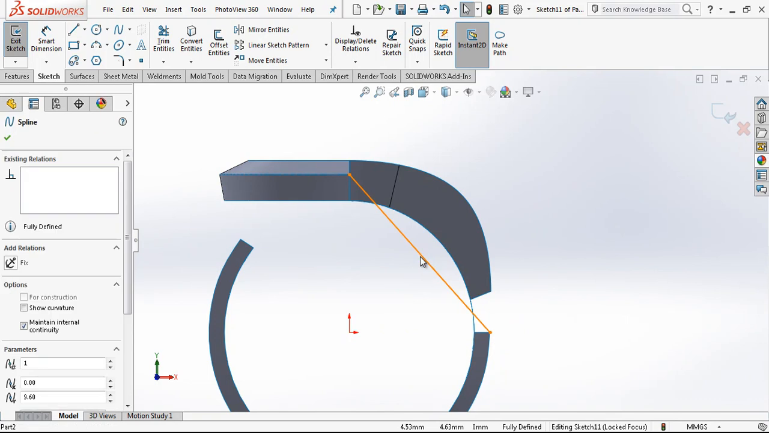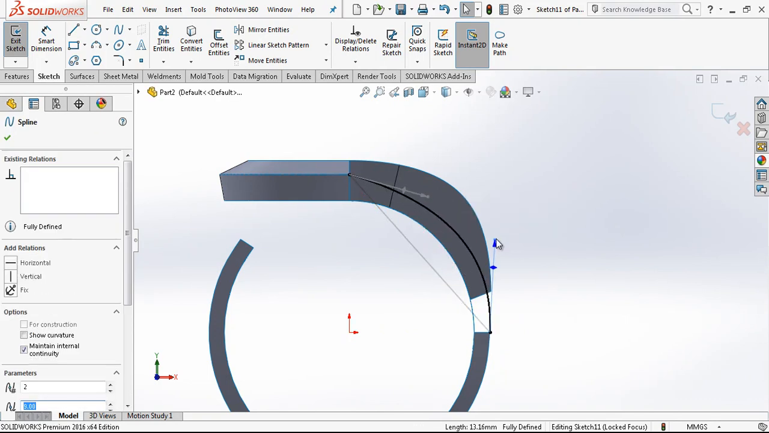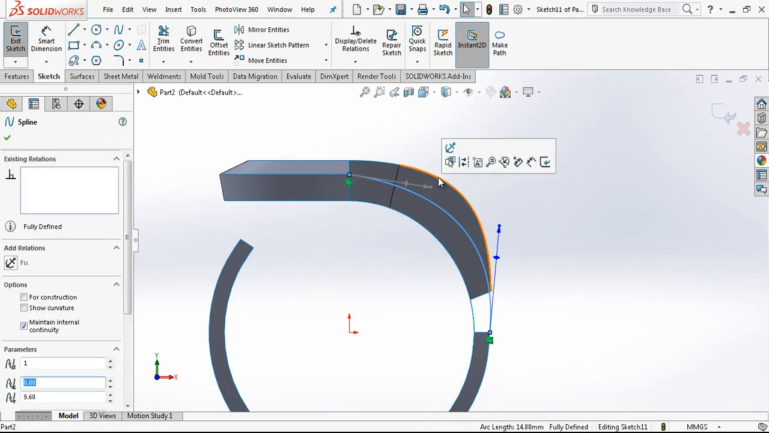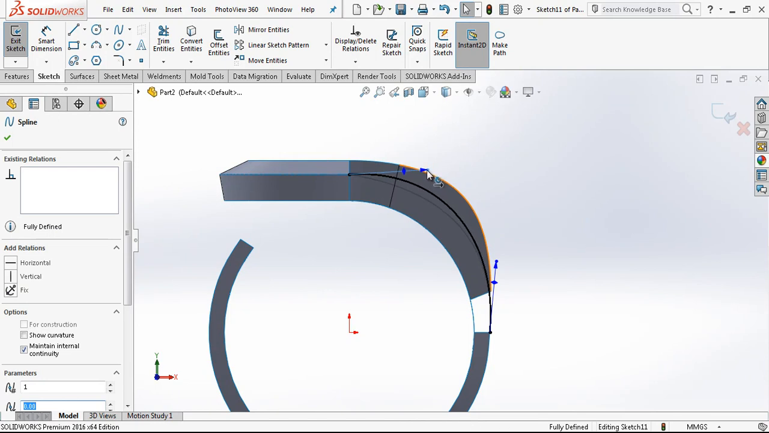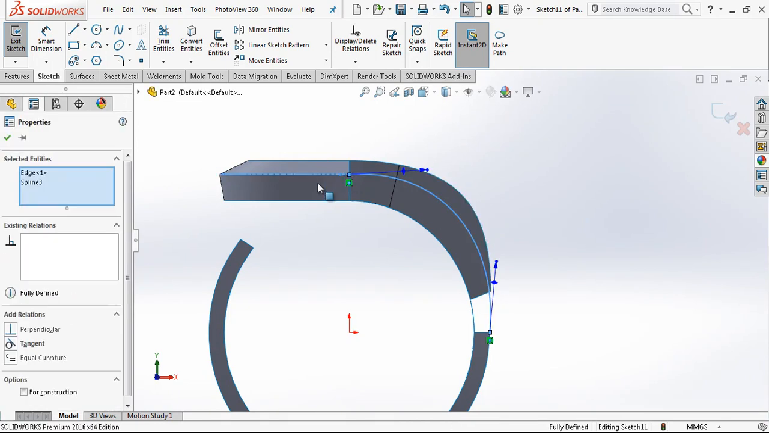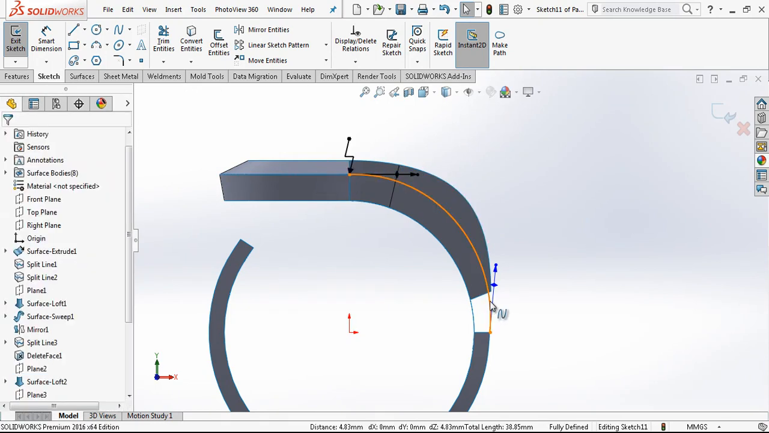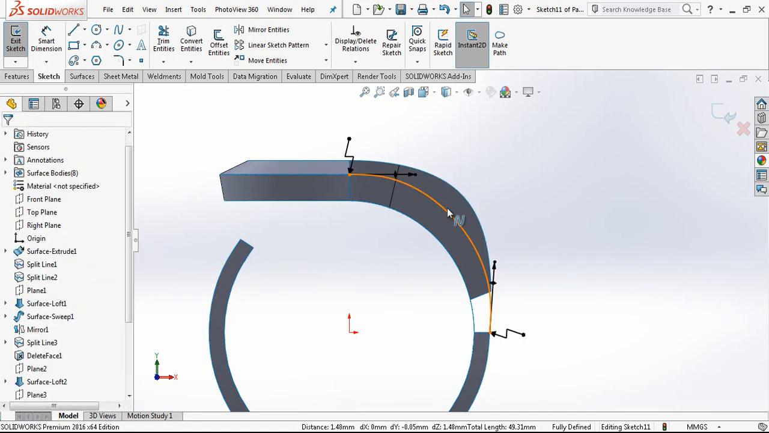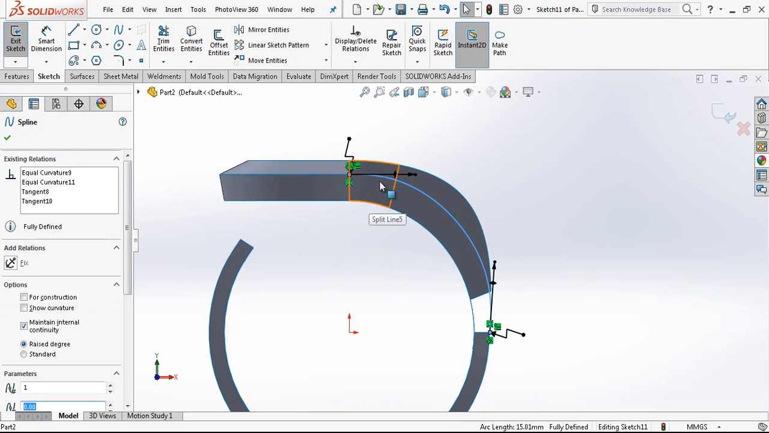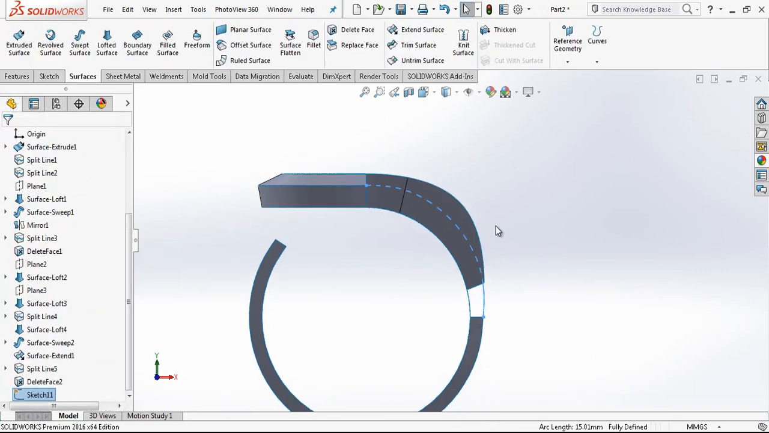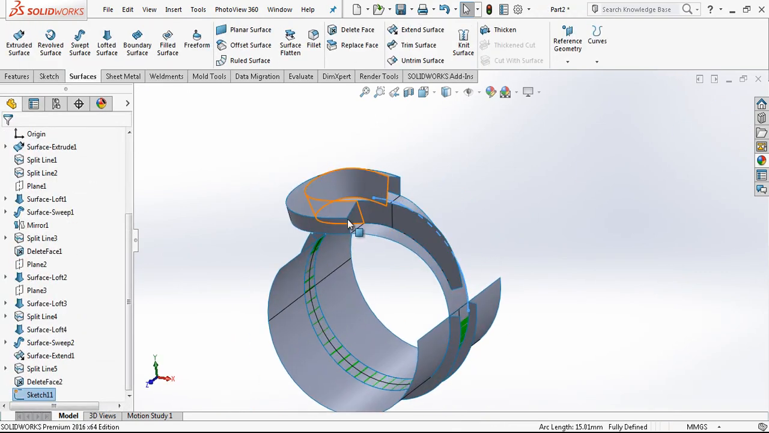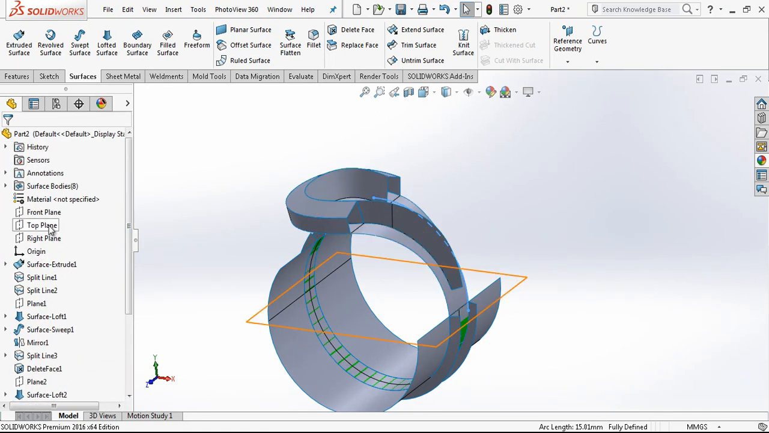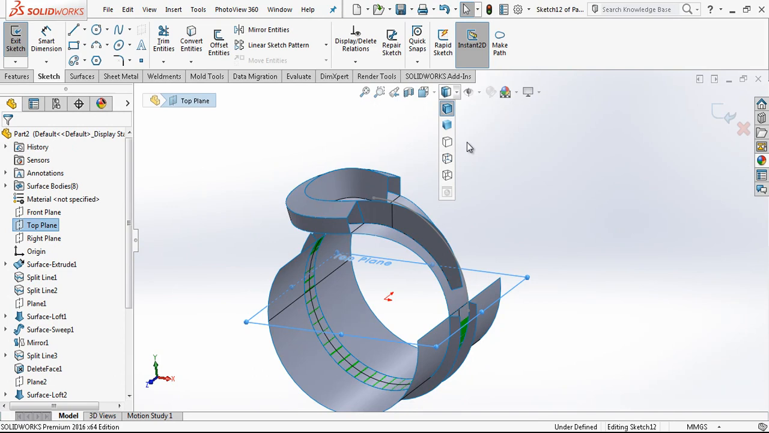We can just create a spline without having any middle control point. We can just basically say equal curvature to here, equal curvature to here. Everything is now much better. And because this corner is an open corner, I'm going to create another